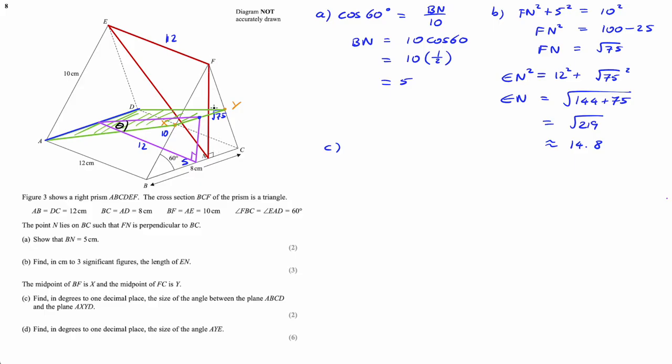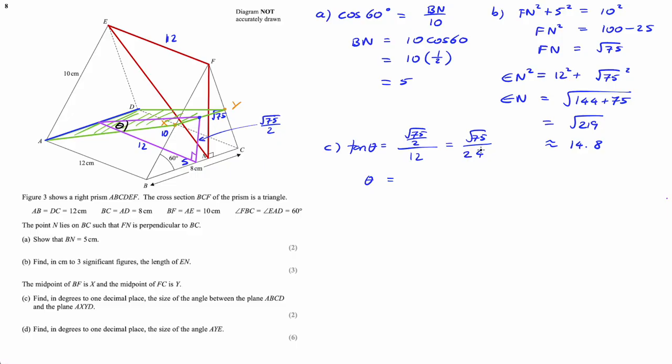So if FN is root 75, this line here is root 75 over 2. So now I can say tan of theta is root 75 over 2 over 12, which is actually root 75 over 24. So theta is the inverse tan